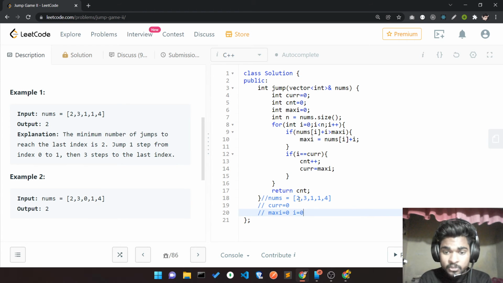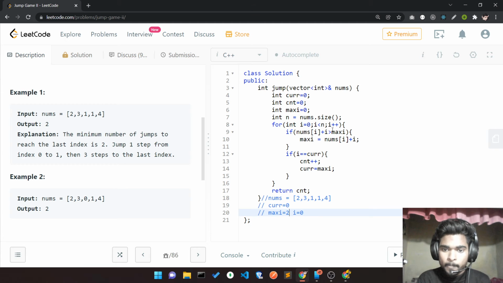At position 0, my nums value is 2, so overall 2. 2 is greater than maxi. Initially my maxi is 0, yes it's greater, so I'll update my maxi to 2.